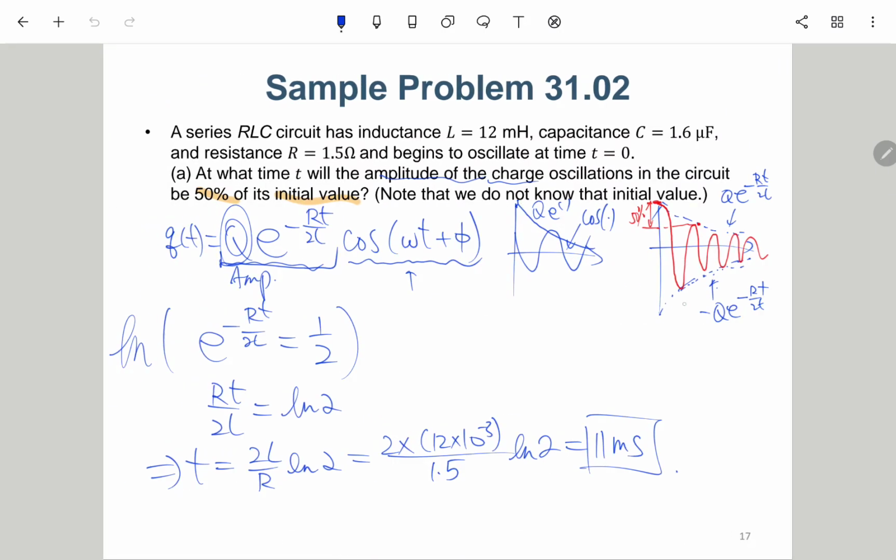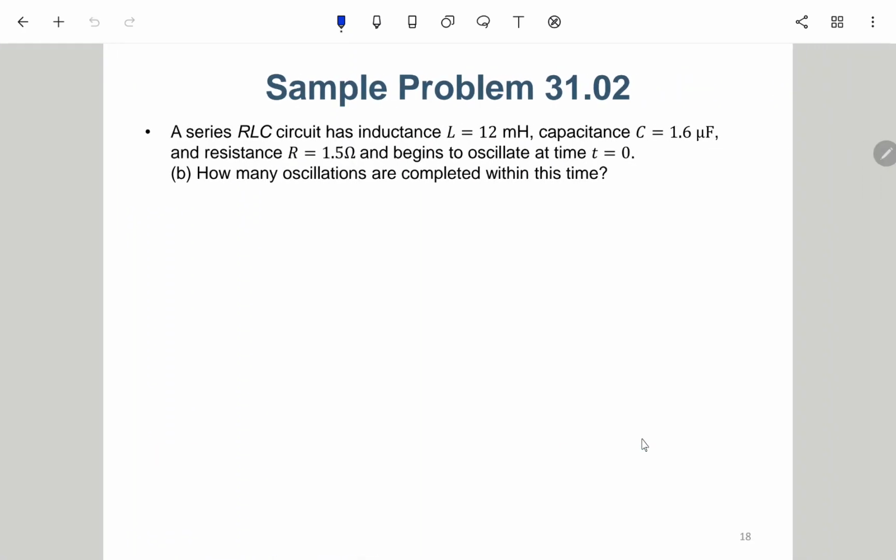So which means, how many cycles of this cosine within this 11 milliseconds? Actually we need to calculate the frequency. The frequency omega prime is the square root of omega squared minus (R over 2L) whole squared, which is the square root of 1 over LC minus (R over 2L) whole squared, and then we try